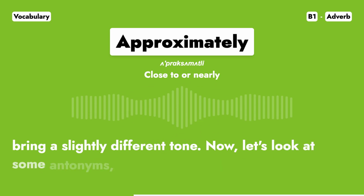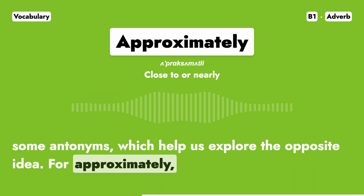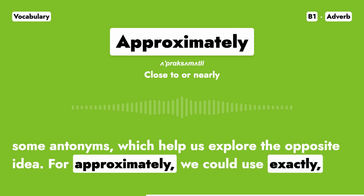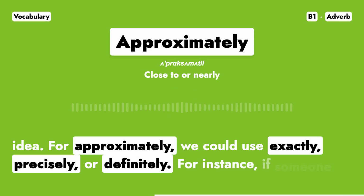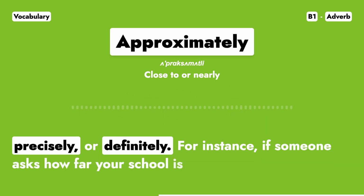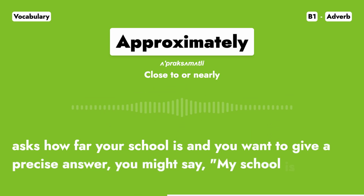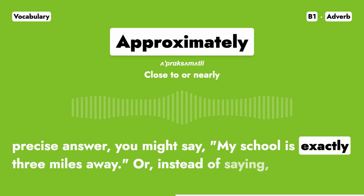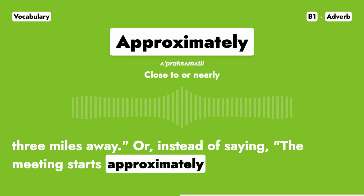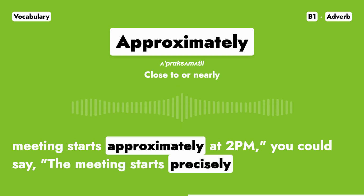Now, let's look at some antonyms, which help us explore the opposite idea. For approximately, we could use exactly, precisely, or definitely. For instance, if someone asks how far your school is, and you want to give a precise answer, you might say, "My school is exactly 3 miles away." Or, instead of saying, "The meeting starts approximately at 2 p.m.," you could say, "The meeting starts precisely at 2